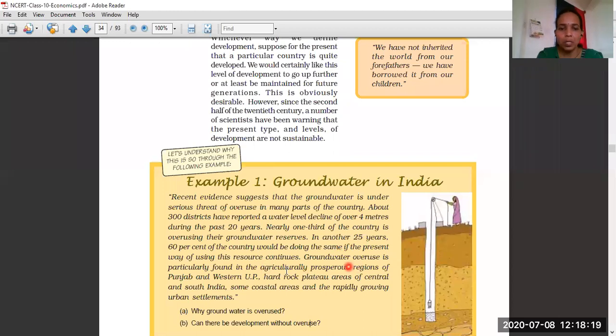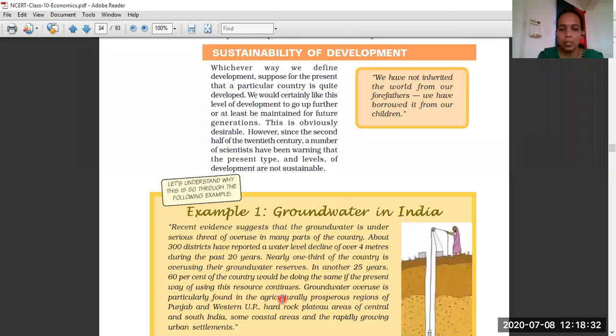Groundwater overuse is particularly found in the agriculturally productive regions of Punjab and western UP, hard rock plateau areas of central and south India, some coastal areas and the rapidly growing urban settlements. Not only in the rural regions, but in urban regions also, the use of groundwater is increasing day by day because the government has given permission to individuals. They can dig the borewell individually. The subsidies are also provided to dig the